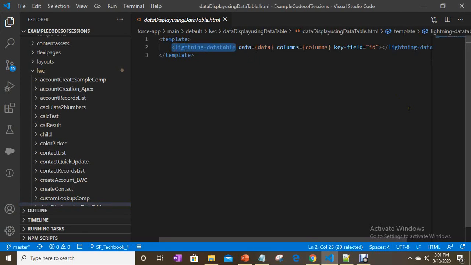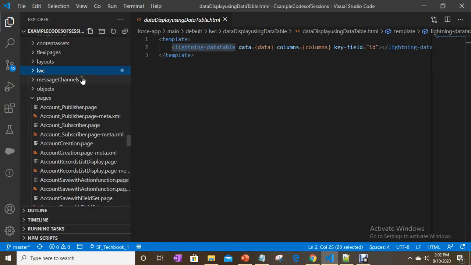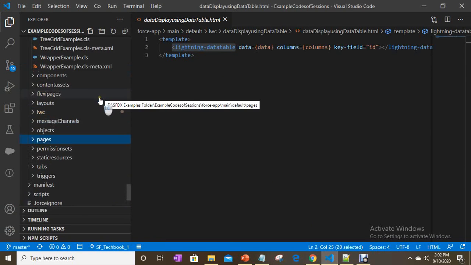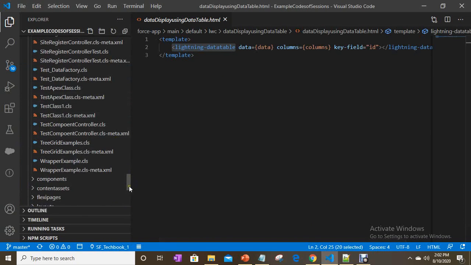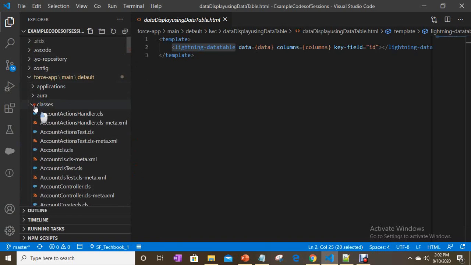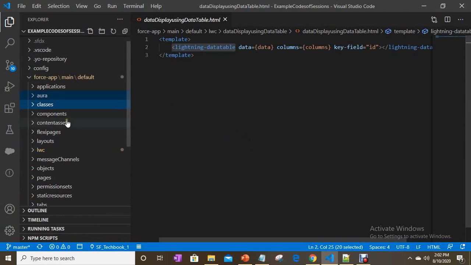Now I am going to include this Lightning Web Component into a Visualforce page with the help of an Aura dependency app and the $Lightning.use and $Lightning.createComponent functions. That's what we explained just now. Let's see. First thing is I have to create an Aura dependency app. So here I'm creating an Aura dependency app.